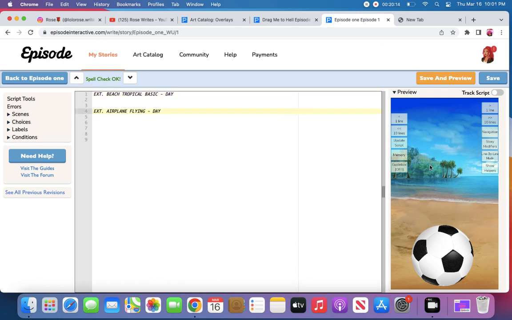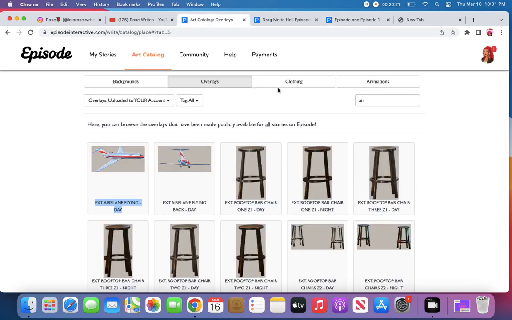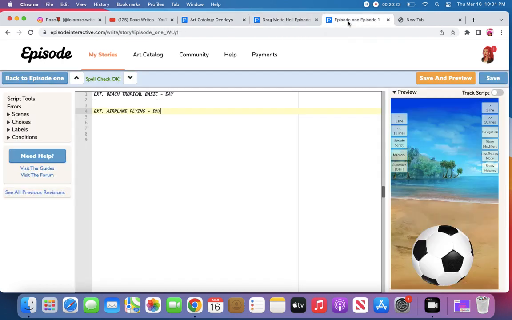Okay, so now I have my airplane, right? I just got this overlay from Episode. I didn't do anything special with it. So now I'm going to show you how to bring an airplane in and out. So it's the same thing. Let's use my overlay here. At overlay, right? Because we're talking about this overlay here. This is the name of the overlay, right? At overlay,